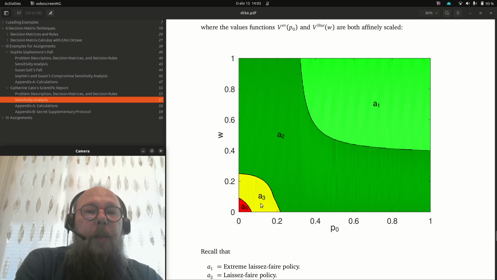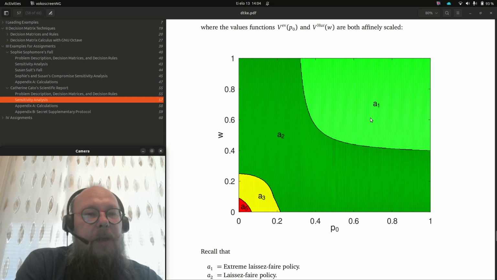So it seems that the regulated policies are only good when we really expect the pandemic to happen, and we are very pessimistic. So if we are at least a little bit optimistic, so optimism is 0.3, then it is laissez-faire policy. And if 0.5 is realist, so if we are realist or optimist, and we assume that there is at least a good chance that the Ebola pandemic is not raging, then we take extreme laissez-faire policy.